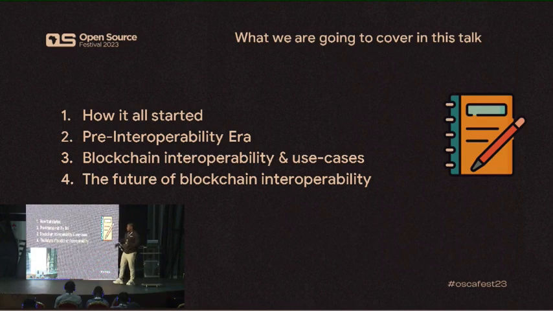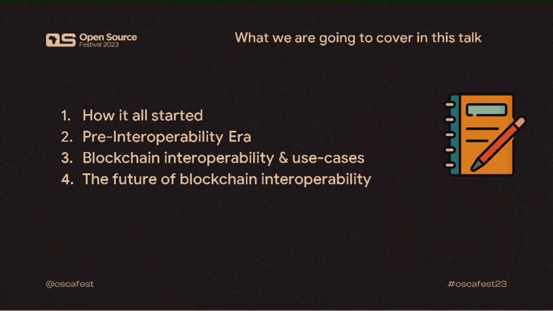These are the categories I just mentioned: how everything started, the pre-interoperability era, and also the blockchain interoperability use cases and the future of blockchain interoperability. So how everything started is the first section of my talk. We have a journey through time, which I regard as the web evolution. So in the first phase, we have,